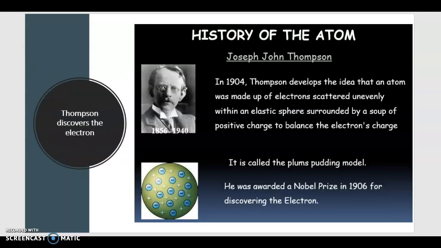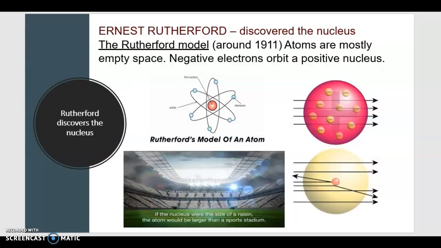Then we discovered the electron, as after Volta invented the battery, we were able to do different types of experiments. And Thomson discovers that atoms aren't just solid chunks of material, that they've got electrons, and he's credited with the discovery of the electron. And then just a few years later, Rutherford does this gold foil experiment and discovers that